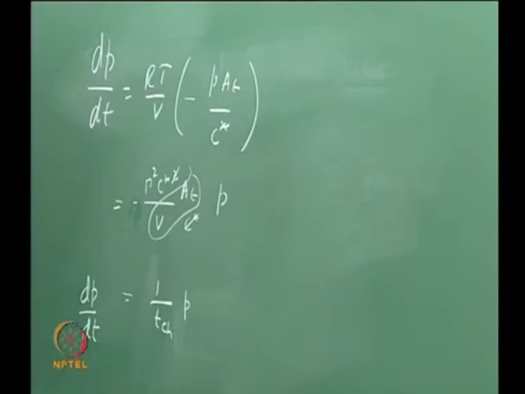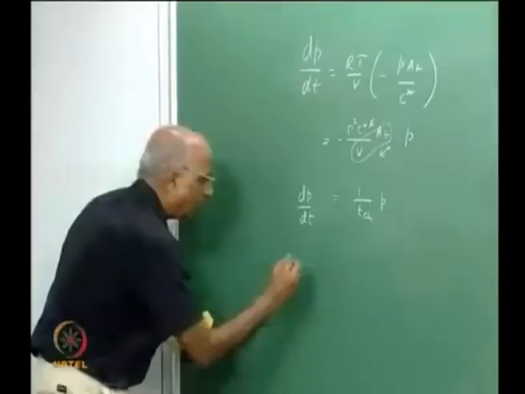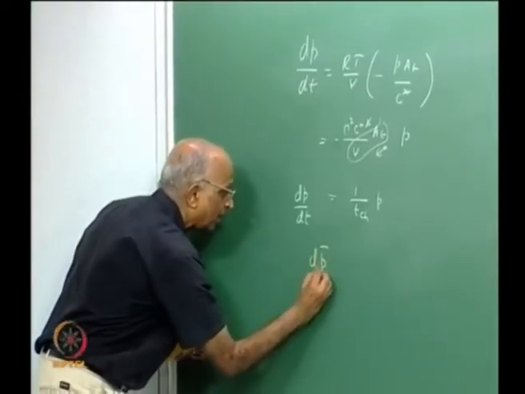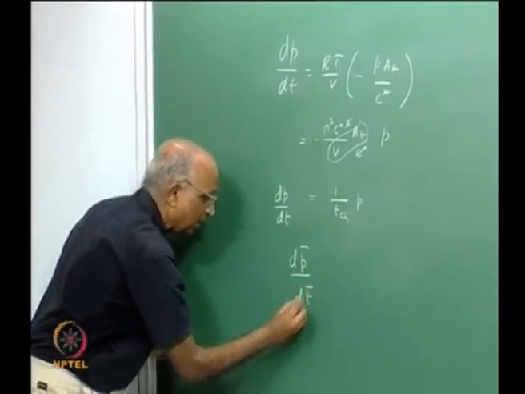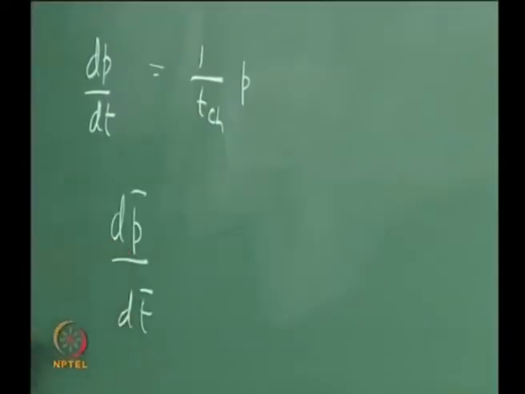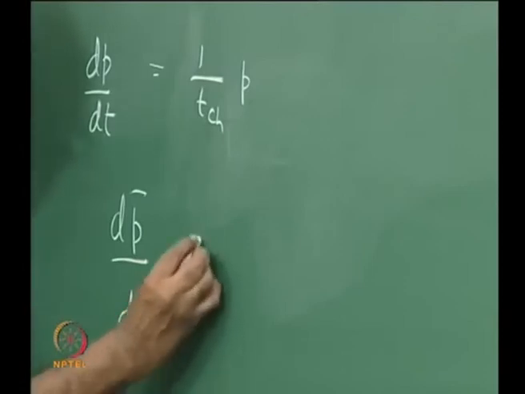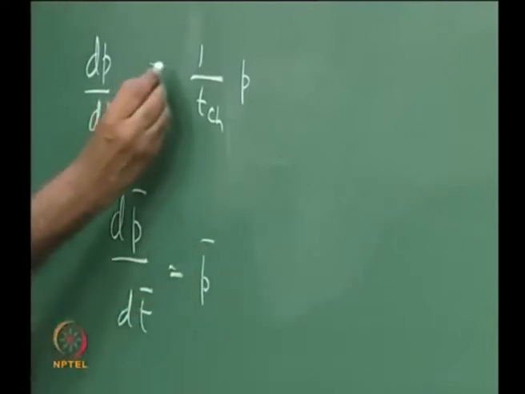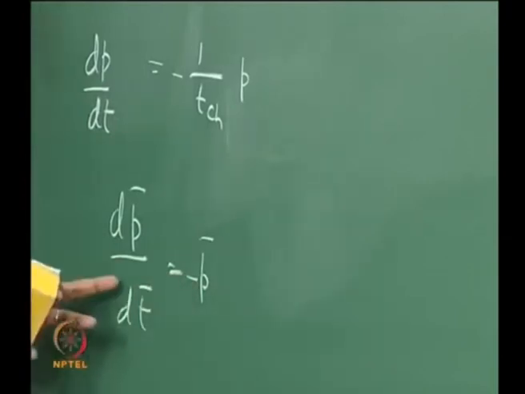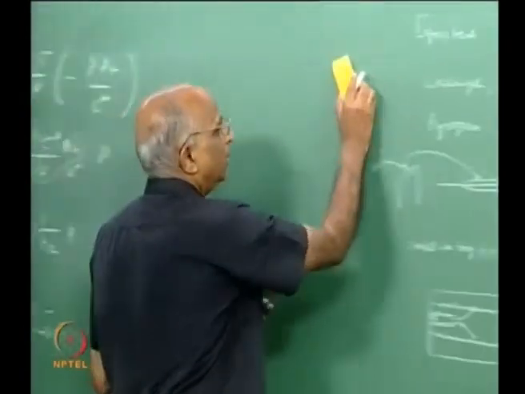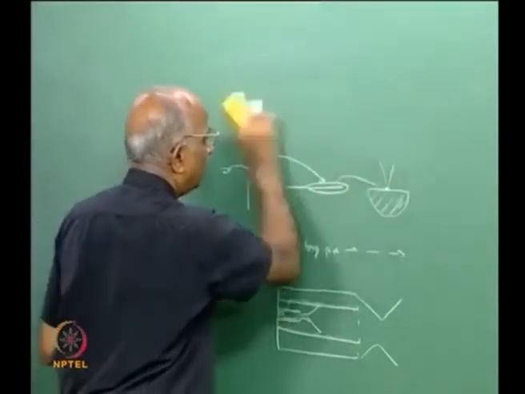And then if I were to divide both the pressure here and pressure here by equilibrium pressure, I can write it as dP bar, and here I take this over here, I get dt bar, that is non-dimensional time and non-dimensional pressure, is equal to P bar. Mind you, there is a minus sign over here, and this tells me that dt is equal to dP by P with a minus,